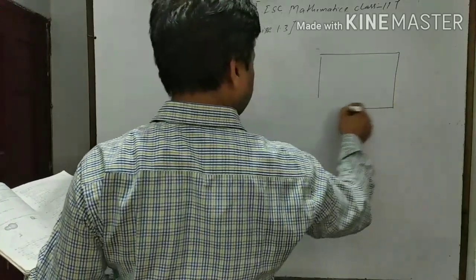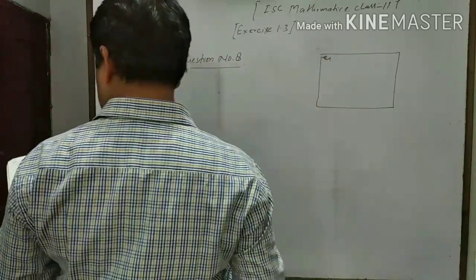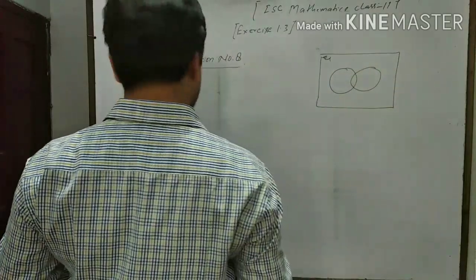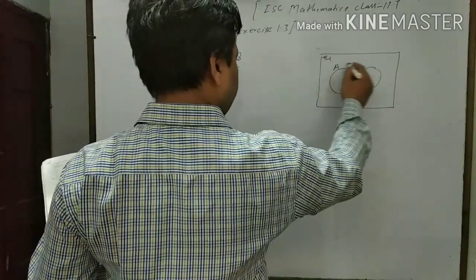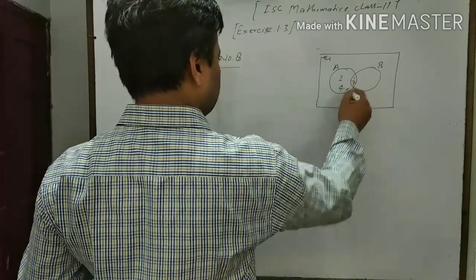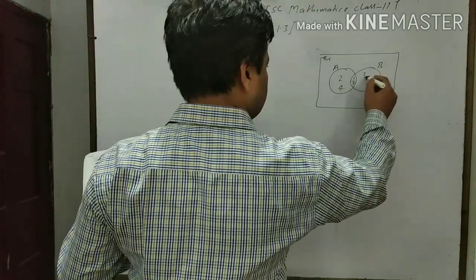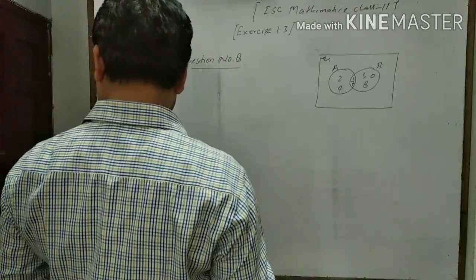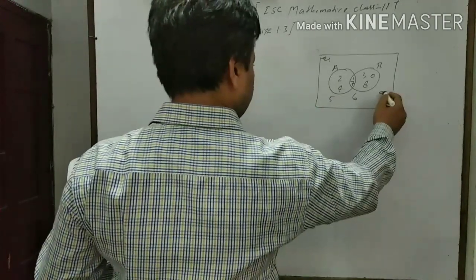The Venn diagram, the universal set is represented like here, and we have two sets, set A and set B. What is common? 1 and 7 are common. Here this is set A and this is set B. The other elements of set A are 2 and 4, and the other elements of set B are 3, 0, 8. And the elements outside sets A and B are 5, 6 and 9.